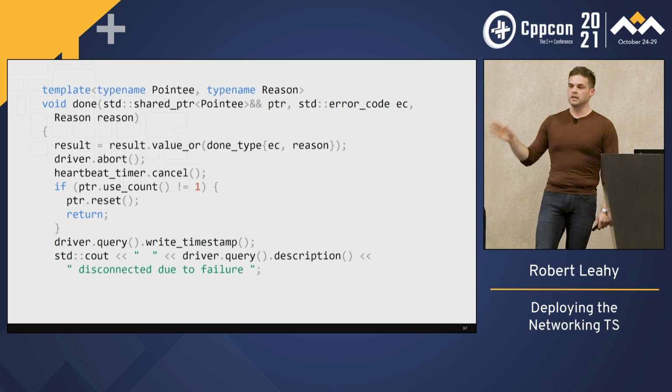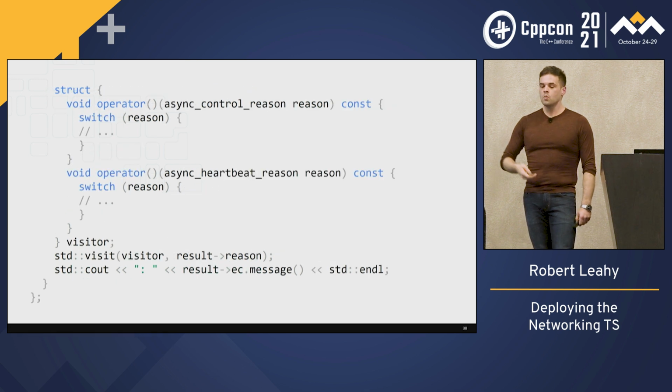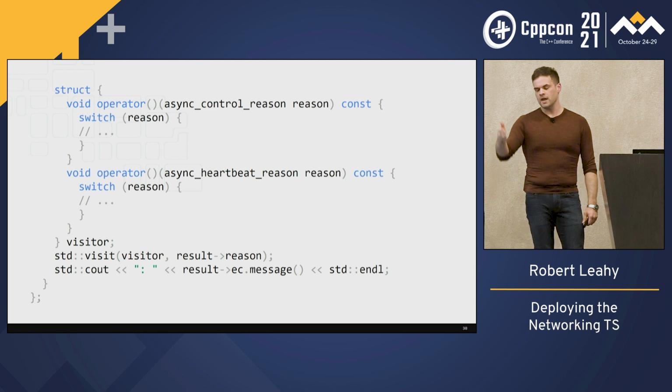If, however, we're the lucky final operation, we use the verbose wrapper around the query to just write out the timestamp and then write out the description of the connection and say we disconnected due to some failure. Because we want to expose our users to maximal context, we then write this anonymous class which visits our two reason enumerations and will format them in the elided code. We then visit this visitor, we write out a colon,